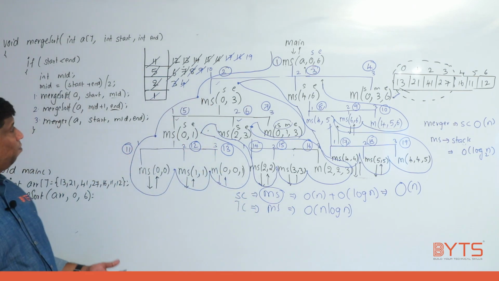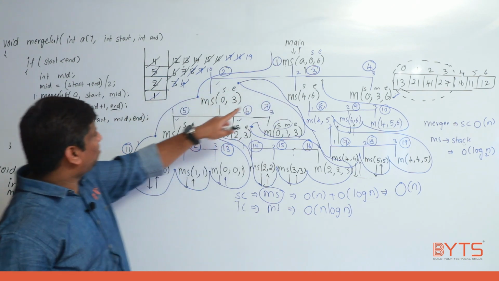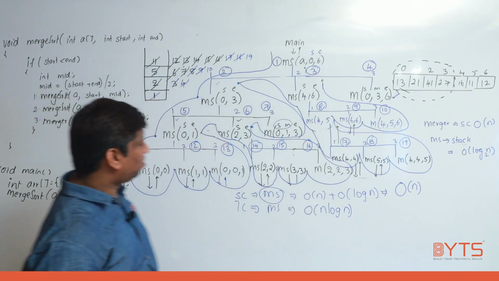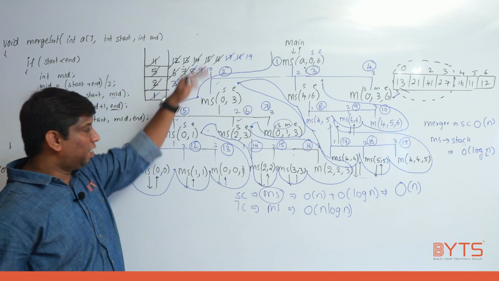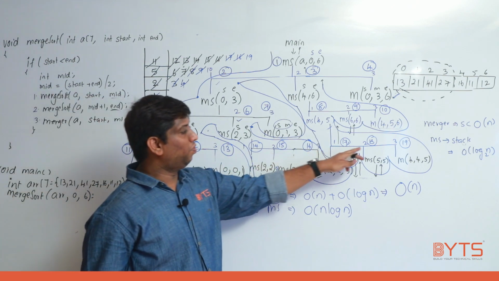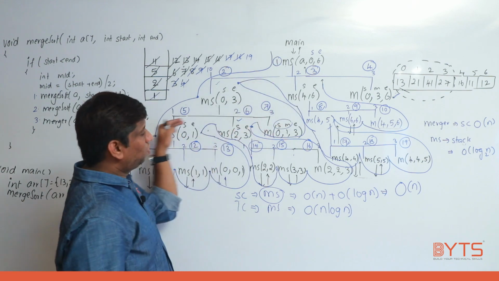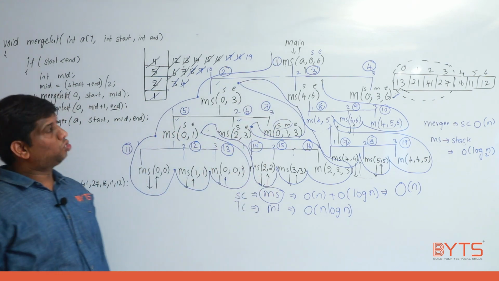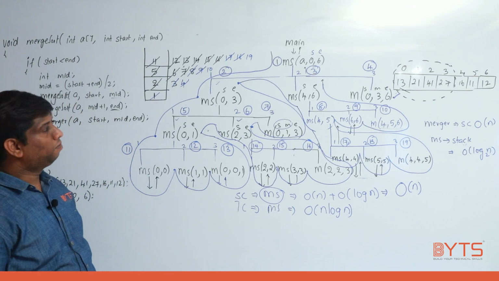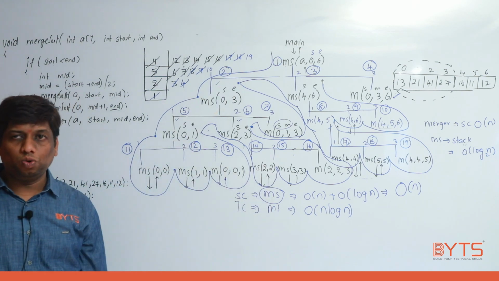Anyhow, we need to see the time complexity also. We will see that. See, have you noticed here? 2, 3, 4 are in the same level. 5, 6, 7, 8, 9, 10 are in the same level. Next, 11, 12, 13, 14, 15, 16, 17, 18, 19 are all in the same level, right? So this is the first level, second level, third level. So this is how we are going to see the stack. Anyway, fine. So how do we need to go here? Top to bottom, left to right.